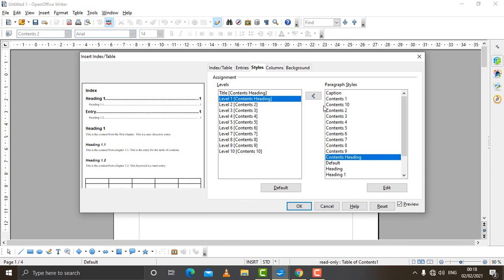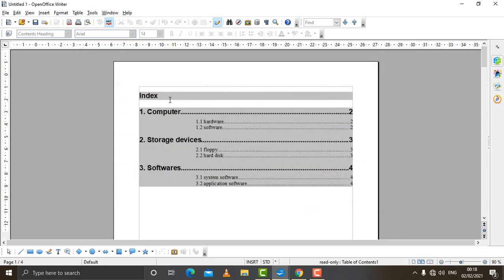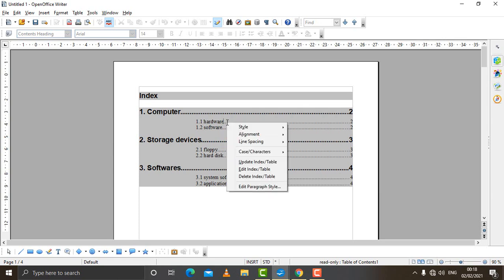So different types are there. Whichever you want, you can make changes. For level 2, if you want to see the changes, you can click on OK, and you can see this is the change which comes up here. The first heading, the second heading, the third heading, and others are coming like this. So if you want to make some additional changes, you can do from here.